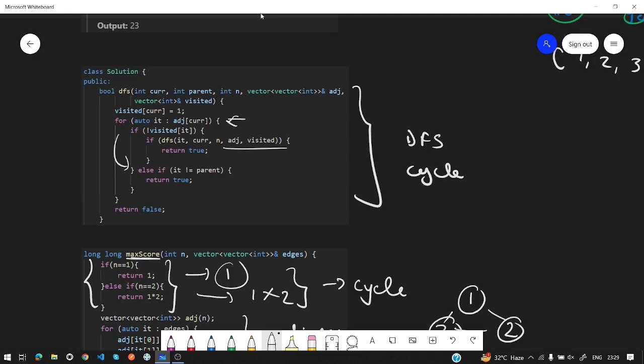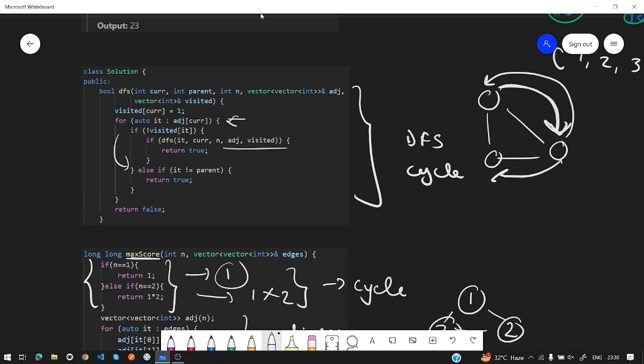Now again there can be two scenarios. If that particular node is visited and it is its parent only, that doesn't make sense, because let's say we have this kind of scenario, we are coming from this node to this node and then we are again coming to this node, so that does not say anything about a cycle. So if this condition hits, we don't need to worry about a cycle. Otherwise, if it is apart from its parent node, so let's say we come from here to here, then here, then we go from this node to this node, that means this node is visited again and this node is not the parent of this node, that means it is a cycle, so